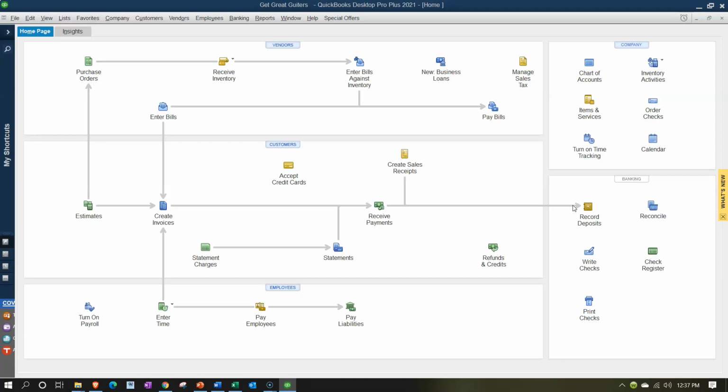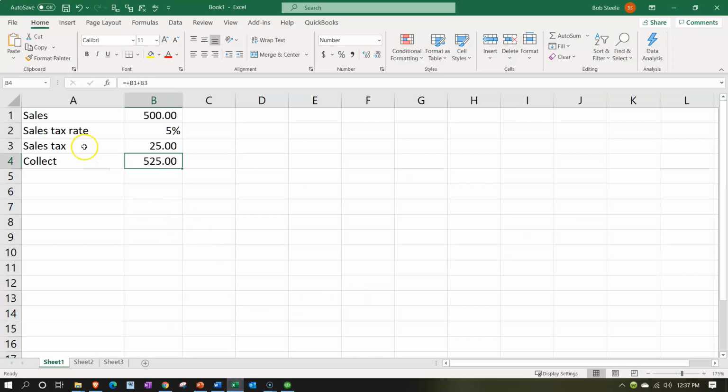So now we're in the easy method. We see it clear the bank. We include an increase to cash and an increase to sales. We don't have the sales tax payable account being broken out here as we saw before, but everything's recorded to sales, and then we're going to have to make an adjustment to break out the sales tax payable. So meaning everything would be recorded to sales. So then if I go back into my